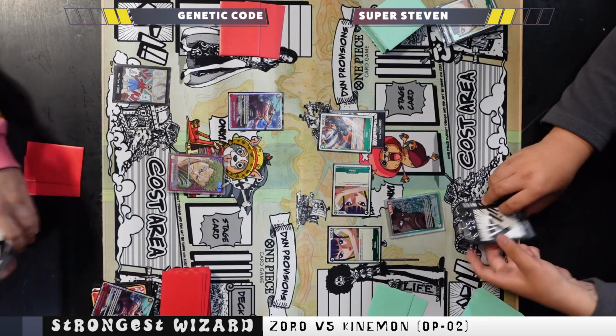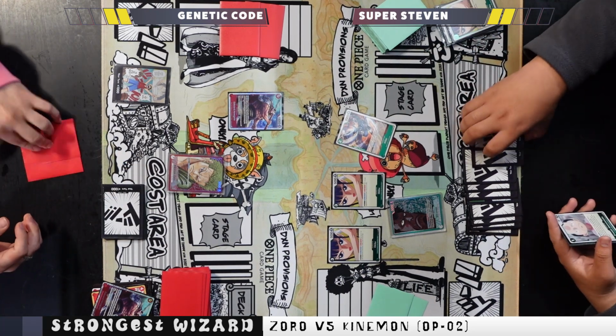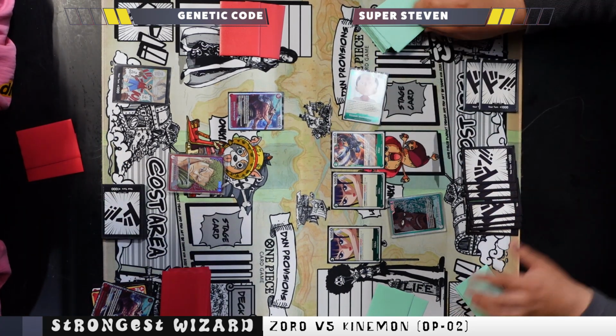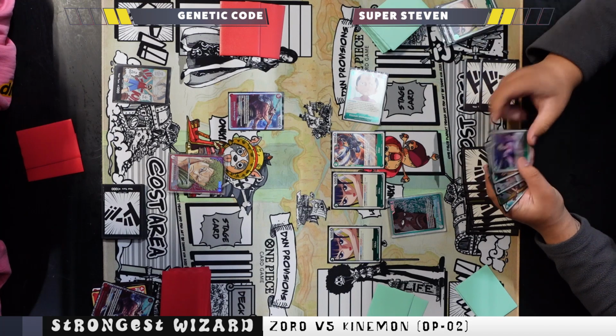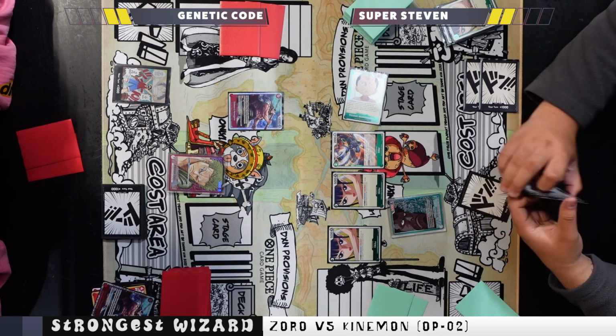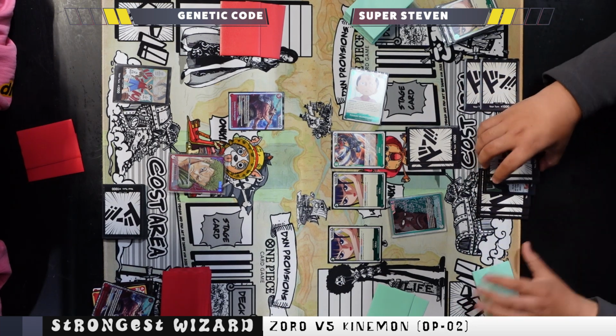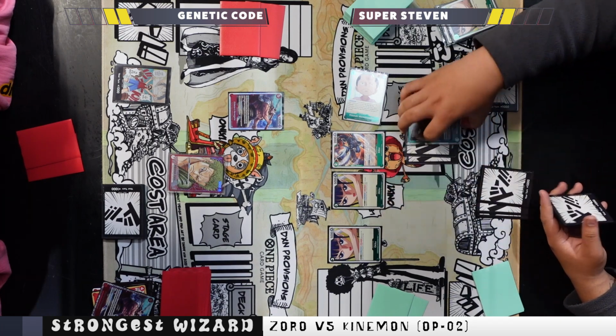But we see the Odin coming out, and you see Code not swinging with lead because he does not want to give Steven an extra card off of Killer. This is huge. Seeing the Momo coming down with the Izo, another 2k counter in hand, and now you're just giving Steven another blocker for another turn, feeling extremely safe now. Even with that,